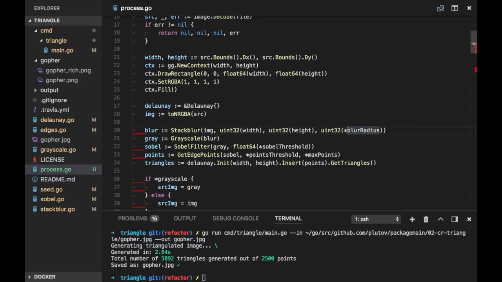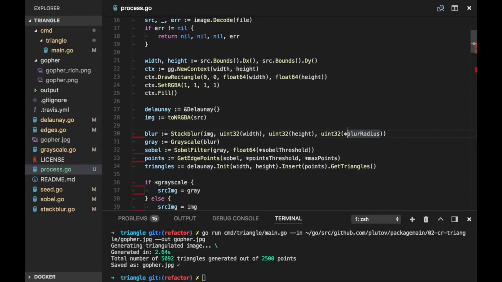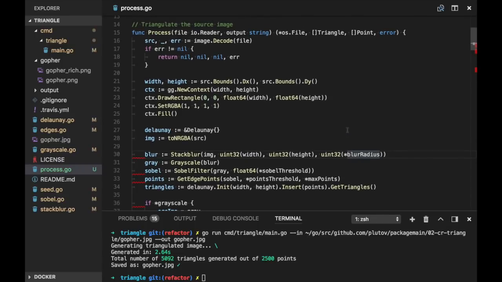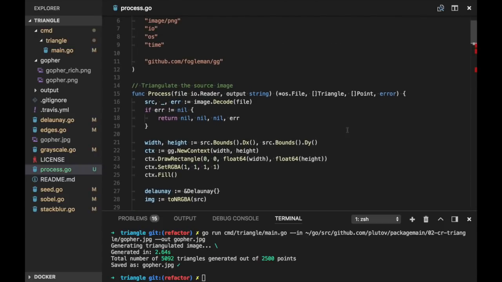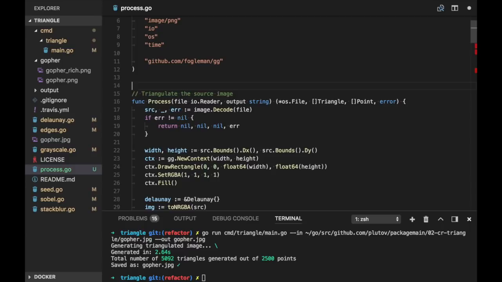What error do we have here? Alright, because we are using local variable blur radius. No, it's a flag value. So now we need to pass flags to our function. And what actually flags are their options. So I think that we can create a type processor with options and then call the processor.process, and we will have all options as type properties. So let's create a type processor struct,